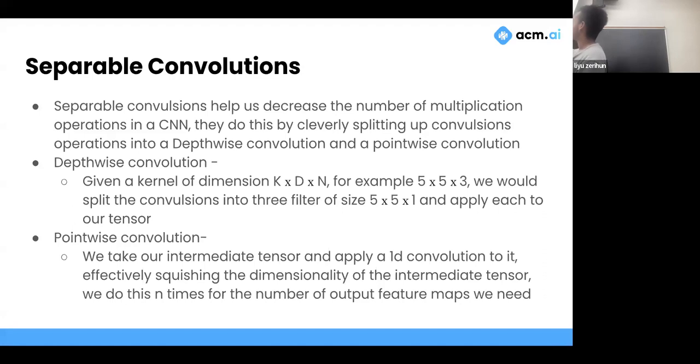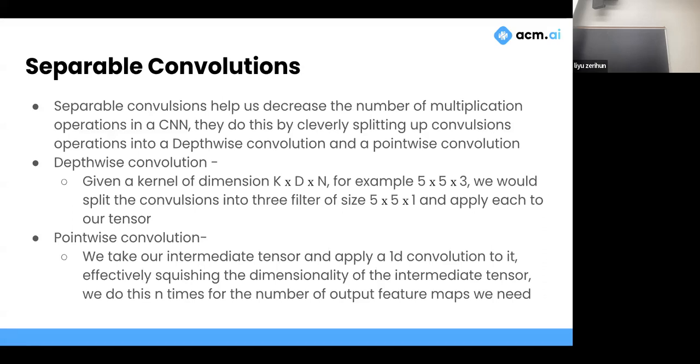Initially, for the depthwise convolution, like I said before, you separate the kernel into its constituent parts. Suppose you have a 5 by 5 by 3 kernel for an image that's, let's say, 80 by 80 by 3. You separate the 5 by 5 by 3 into three 5 by 5 by 1 kernels, so three 5 by 5 by 1 tensors. Then you perform the convolution operation on those separately across the channel space. You take every single kernel and apply the convolution operation on each channel.